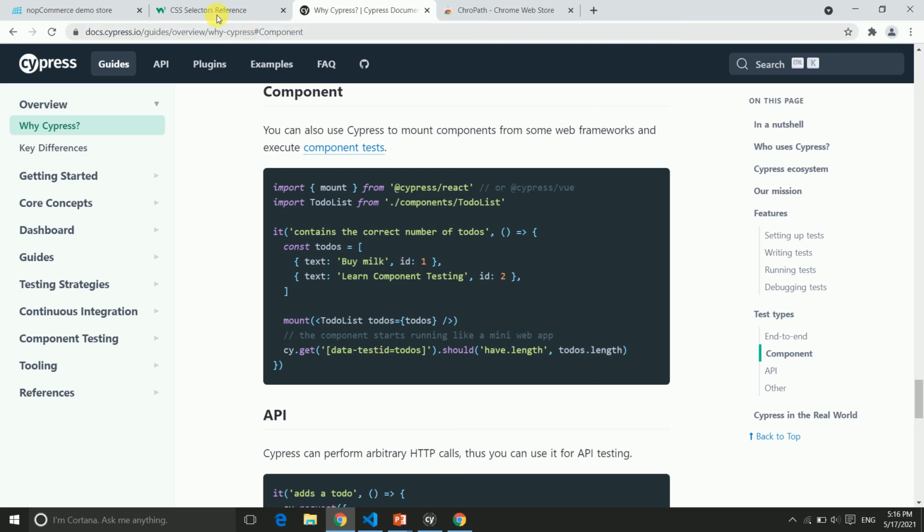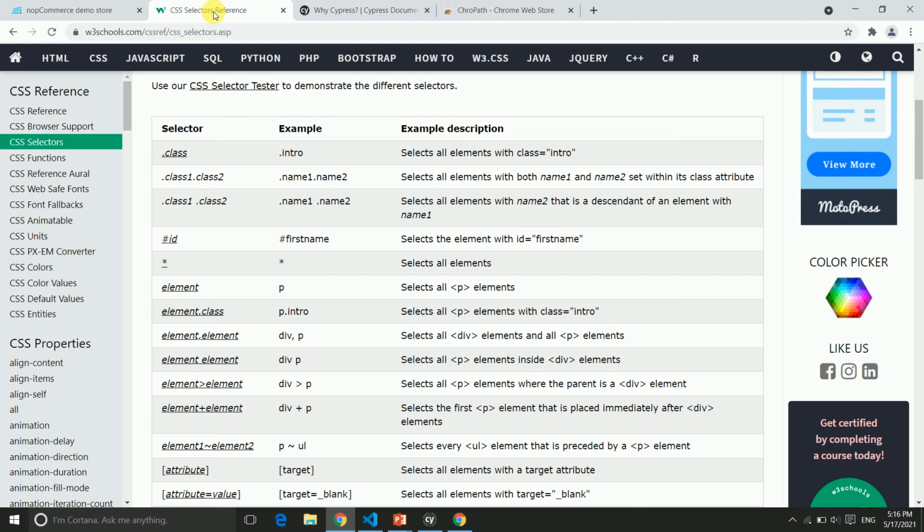If you go to another site like W3Schools, you can see selector examples with descriptions. For dot class, the description says select all elements with class equals intro. So for class we use dot and pass the value as dot intro. Same for ID, we use the hash and pass firstname as the value.